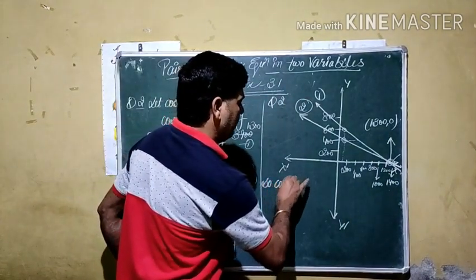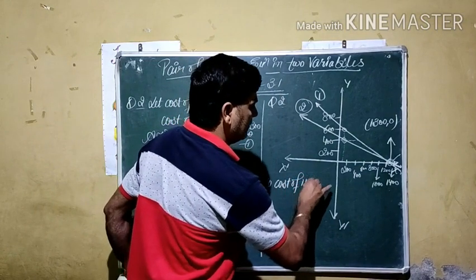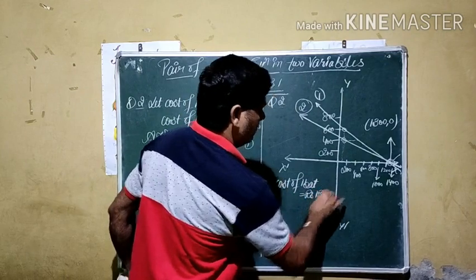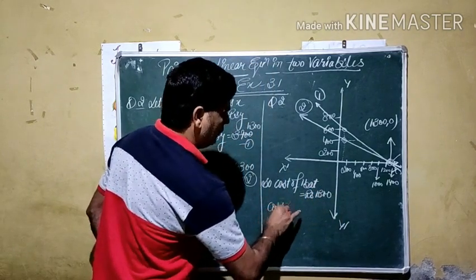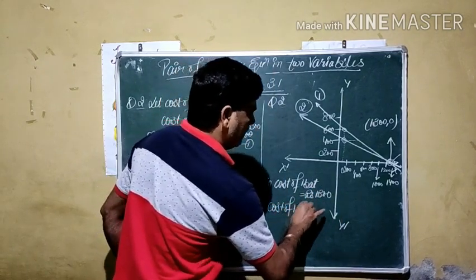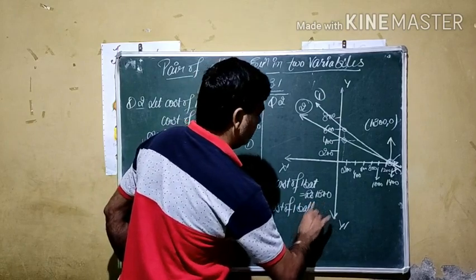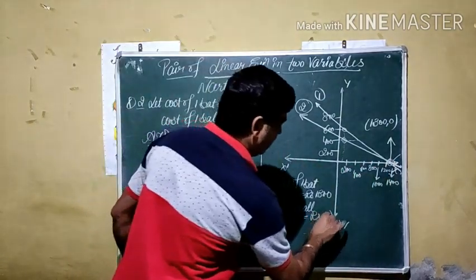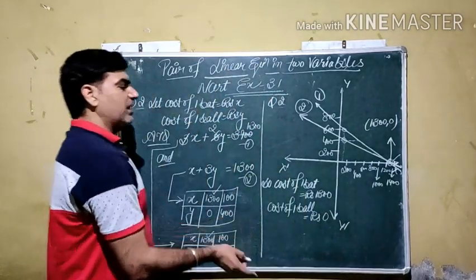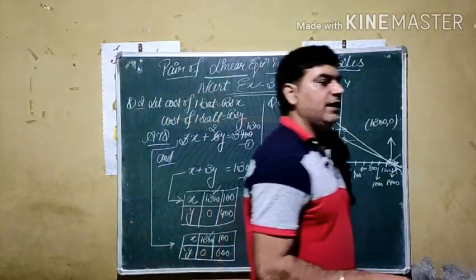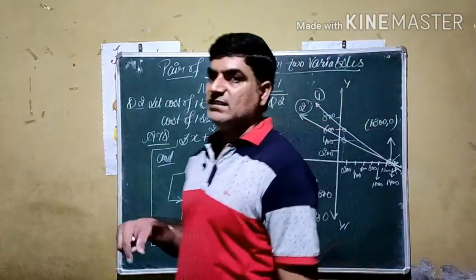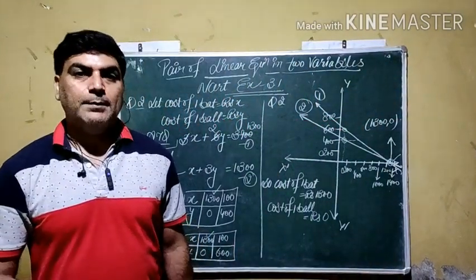So cost of a bat means one bat is rupees 1300, and cost of a ball, according to the graphical method, Y comes out 0. It means we can say here the ball is coming free with the bat, or in other language, the ball price is already adjusted in the cost of a bat.